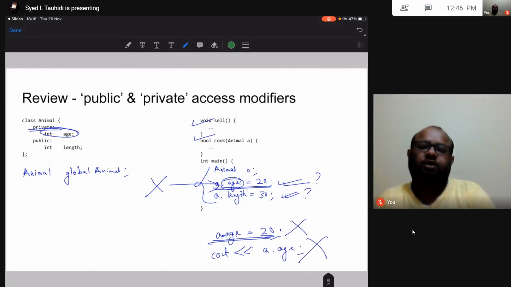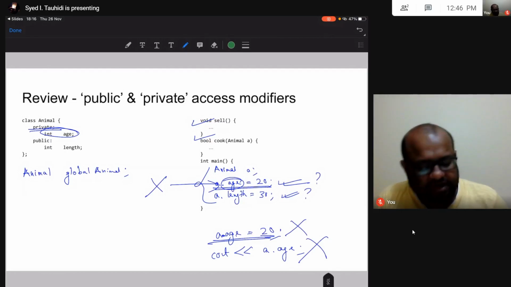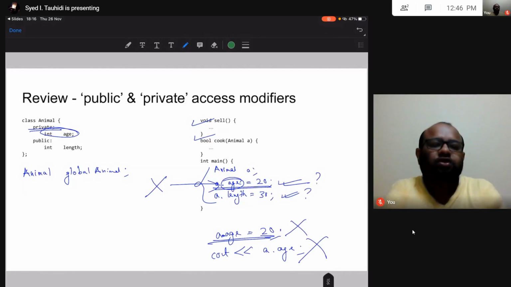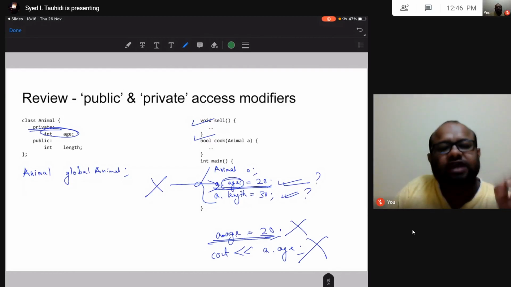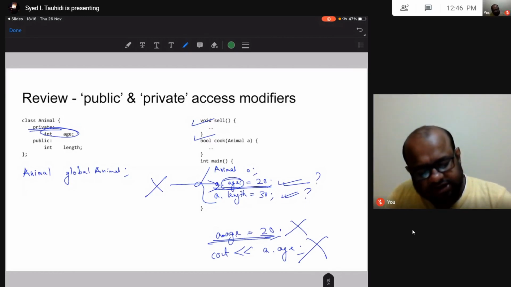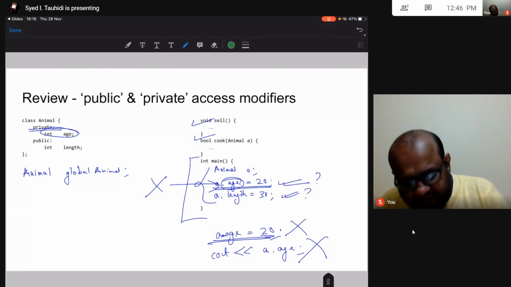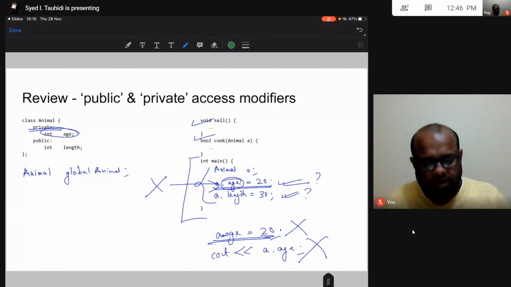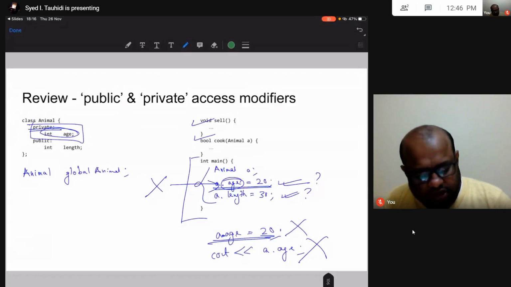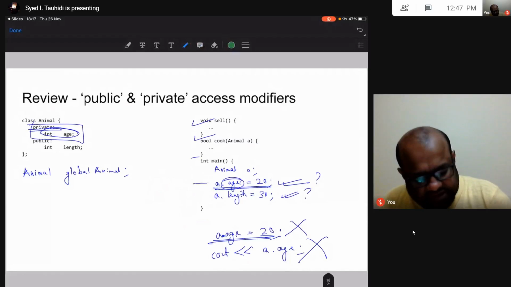We cannot read the value of age, and we cannot update it. We do not have access to this data attribute age outside my class. This main function is definitely outside the animal class. It is not a friend of the animal class, so I cannot access this private data attribute inside this main function. Line number 3, this line, is not allowed.